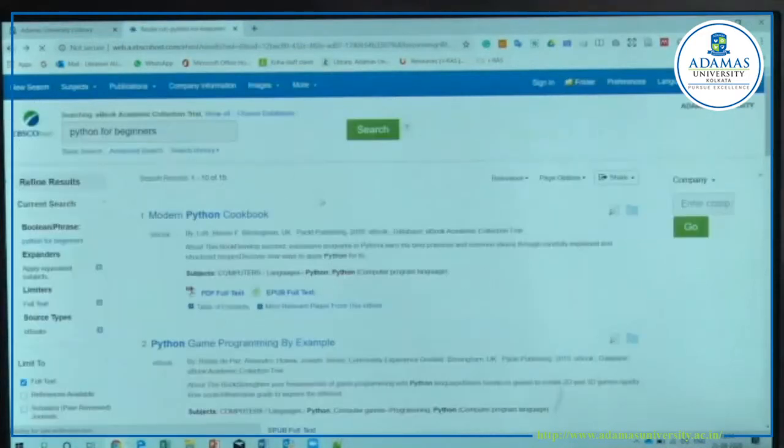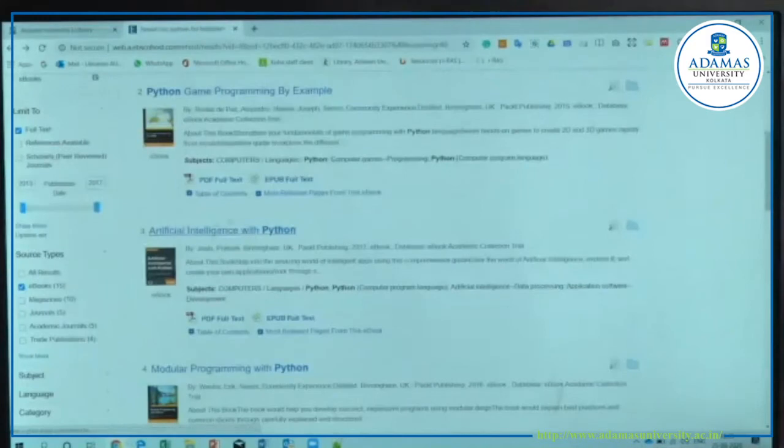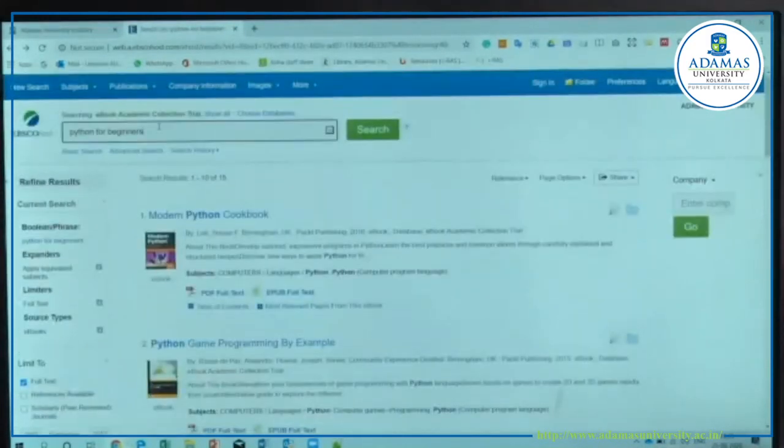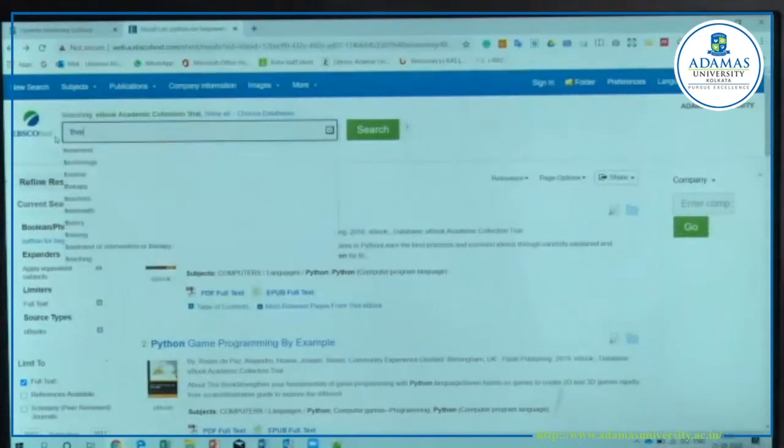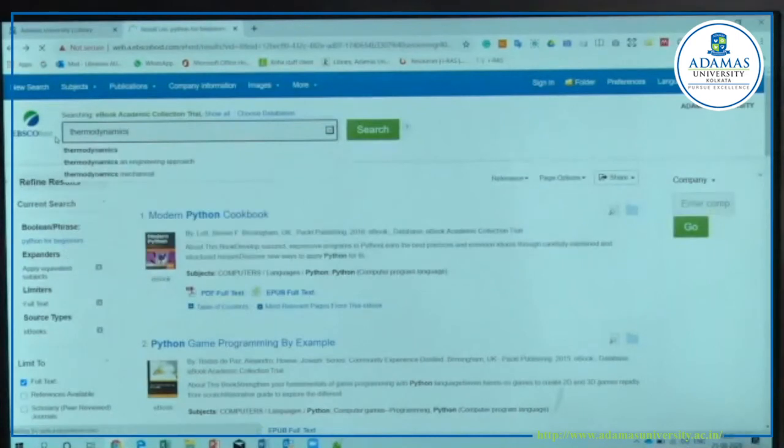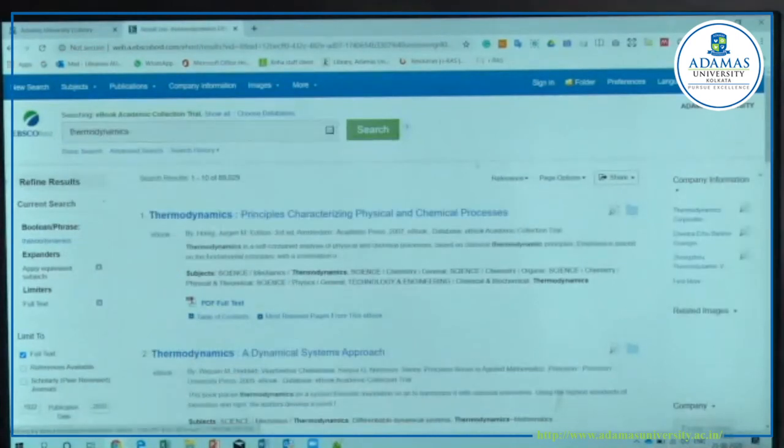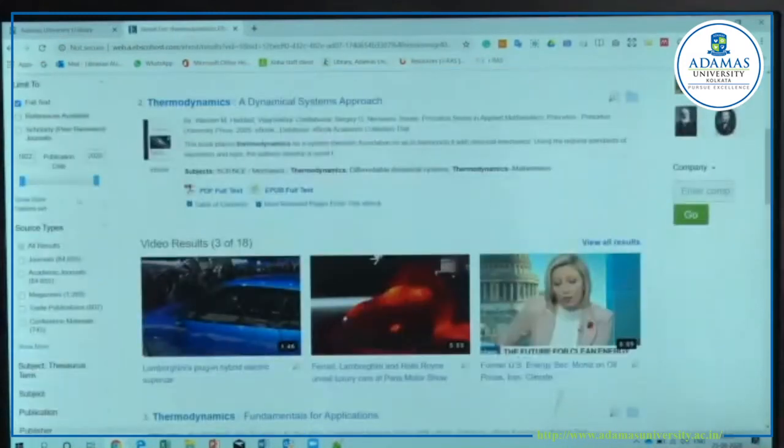So from your home, suppose you are looking for artificial intelligence, you just search artificial intelligence. Or if I am looking for books on thermodynamics, see, only it is showing the books.